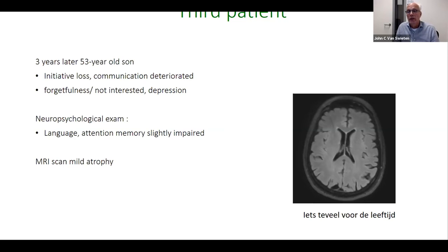And again, there was a mild atrophy, but it was too much. I say it here in Dutch, but there was too much atrophy for 53. If he was 82 like his uncle, you would say, oh, that's normal. But for 53, that's quite too much. And I did,